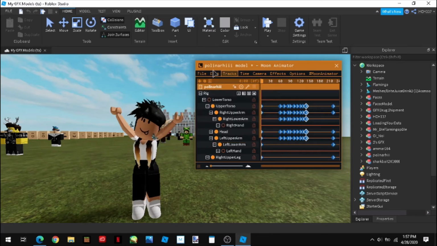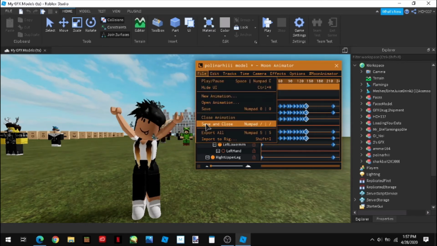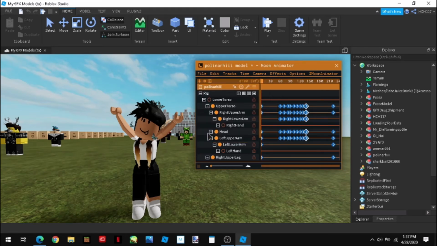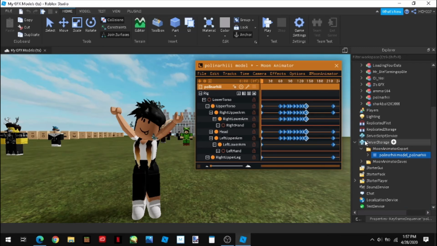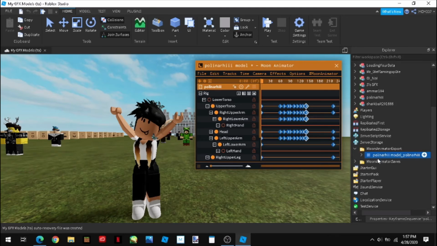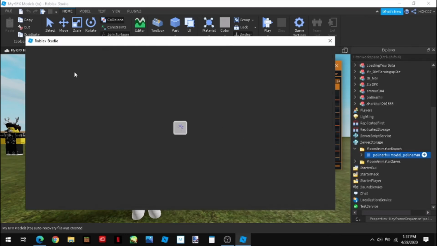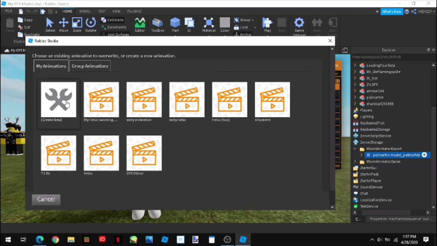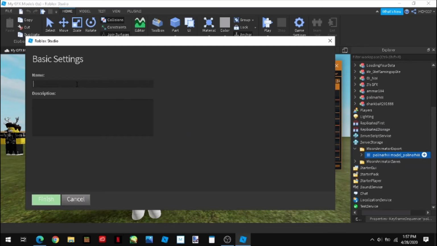So if you want to save it, you can do save. We can go export all, and then it'll show up in server storage right here, and it'll highlight it. Then you right click and save to Roblox, and then I can name it create new. You should create a new one, and we can name it